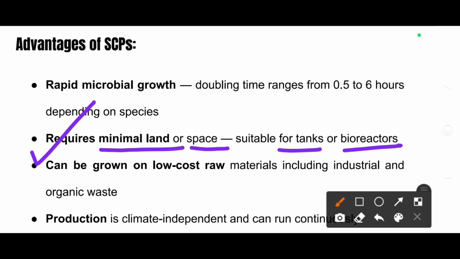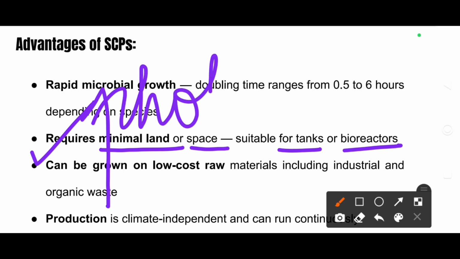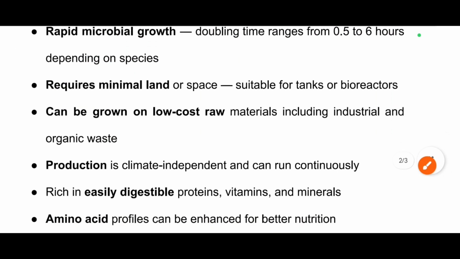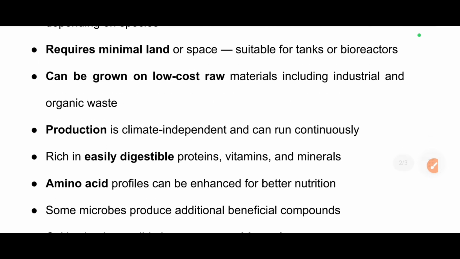So in the upcoming videos, we'll be talking about the photobioreactors, which are used as a production method. The photobioreactor is used for Spirulina production and Chlorella production. Further, there are also tanks, like the oxidation pond method, and open circulating tanks. We'll be seeing all those things in detail in the production video.